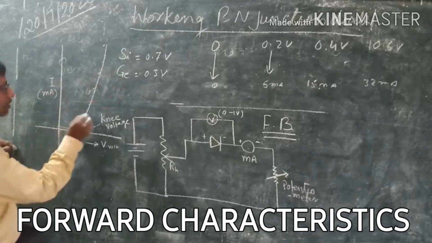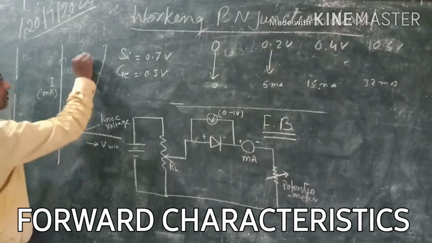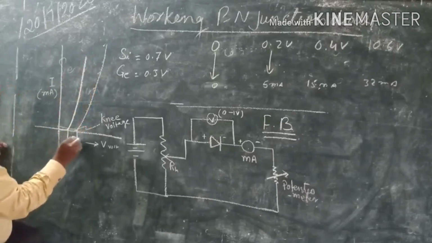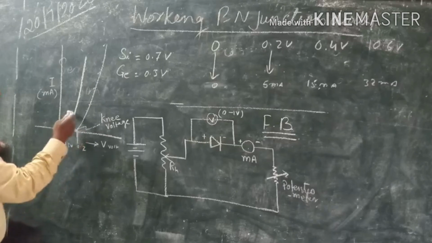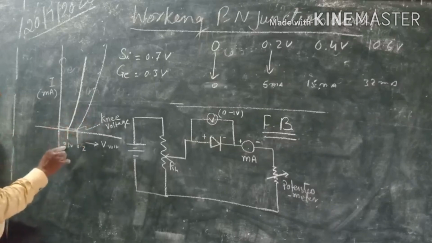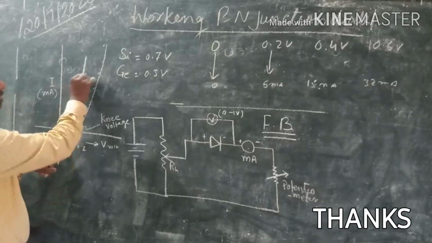सपोज यहाँ पे ये पहले शुरू हो जाता है. दिस इज 0.3 वोल्ट एंड दिस इज 0.7. तो अगर दो ग्राफ दिया हुआ है, दोनों ग्राफ का नी वोल्टेज हमको दिया हुआ है, एक का 0.3 वोल्ट और एक का 0.7 वोल्ट, और ये हमको पता करना होगा